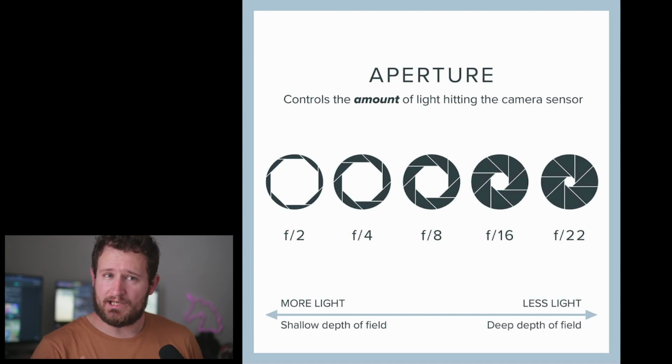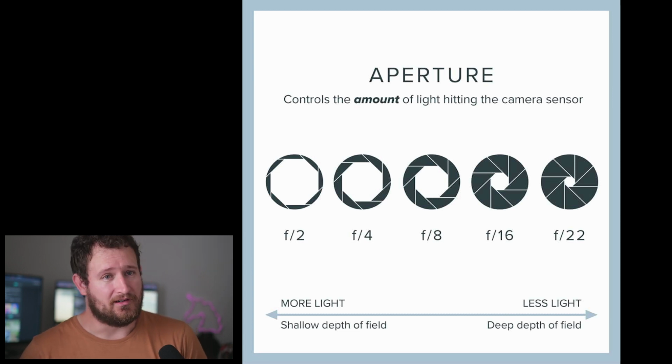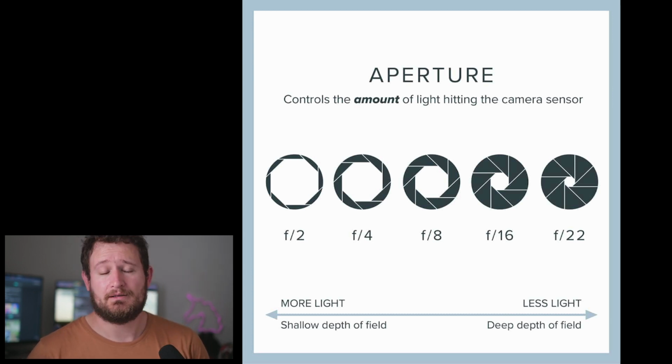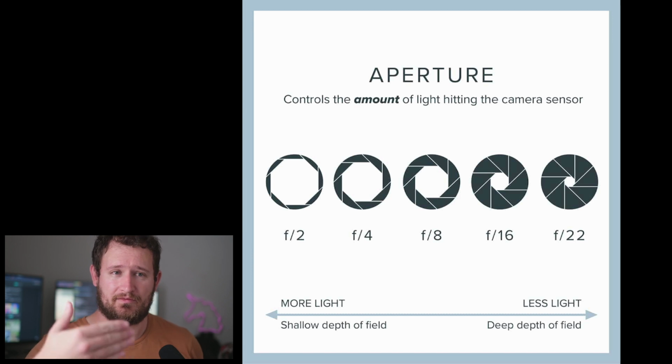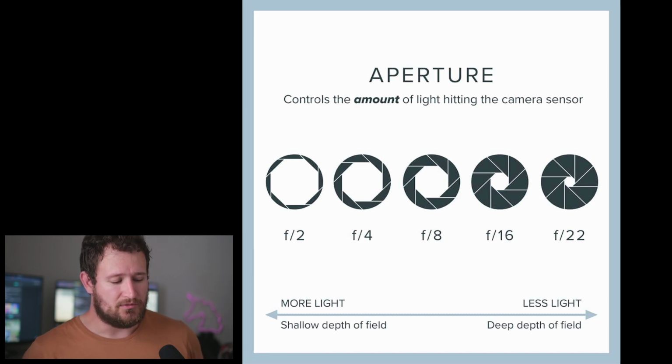So even your kit lens, which starts at f3.5, will get sharper when you start to step down to f5.6 or f8. But as soon as you go over f11 on your lens, you will start to run into something that is called diffraction. Now what diffraction does is, sure, you've got more in focus, but because you've got more in focus,